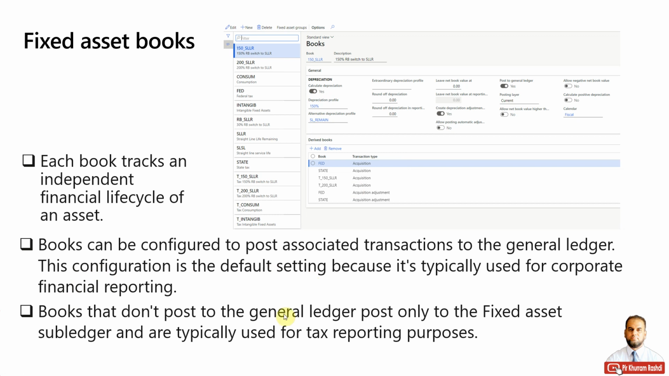But there are certain books which do not post to the GL module, and only keep the values in the subledger, that is the fixed asset subledger, and that is used for tax reporting purposes, for government purposes. Like state to state, there are different regulations when you talk about a fixed asset. Not only state wise but at the federal level also, there can be different regulations when you talk about tax purposes. So you need to keep the value